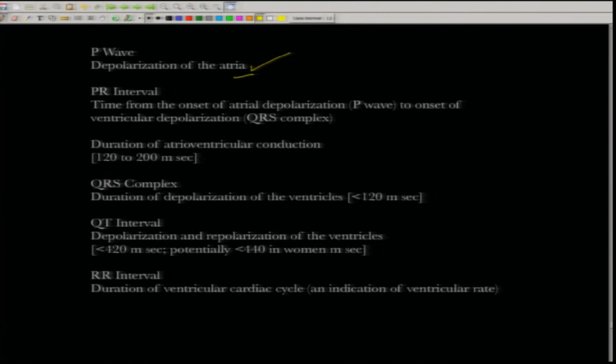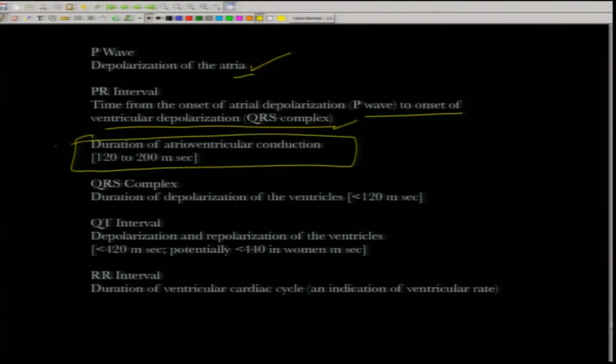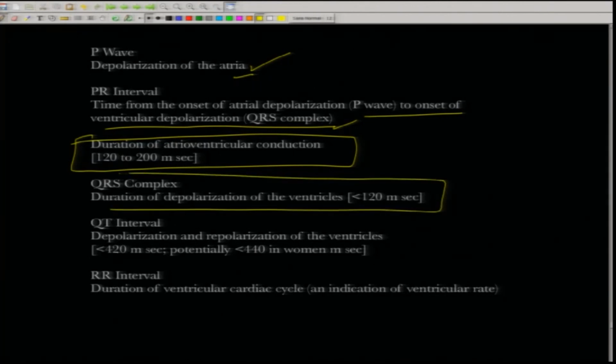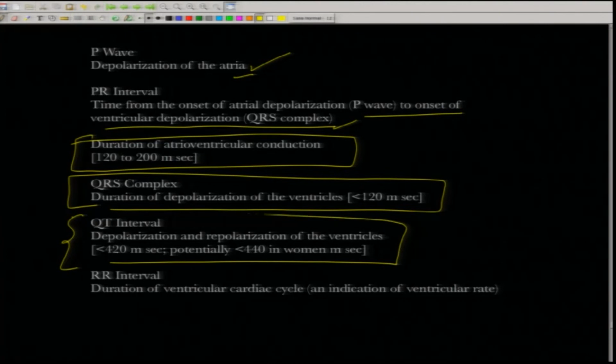The PR interval is the time from the onset of atrial depolarization, the P wave, to the onset of ventricular depolarization, the QRS complex. The duration of atrioventricular conduction is around 120 to 200 milliseconds. The QRS complex, the duration of depolarization of the ventricle, is less than 120 milliseconds. The QT interval, the depolarization and repolarization of the ventricle, is less than 420 milliseconds, potentially up to 440 milliseconds in the case of women. Okay, have a look at this one, and then the RR interval,